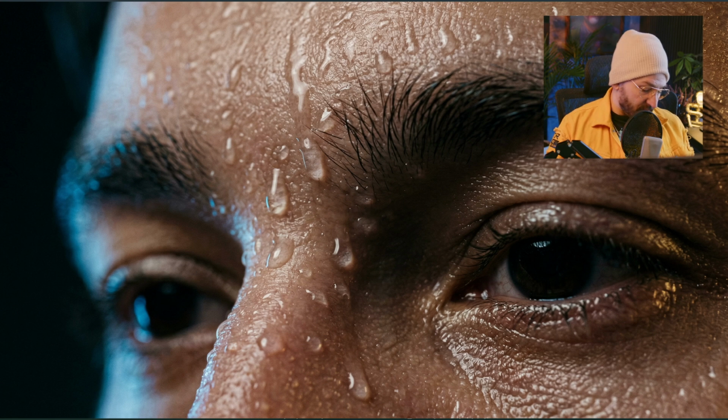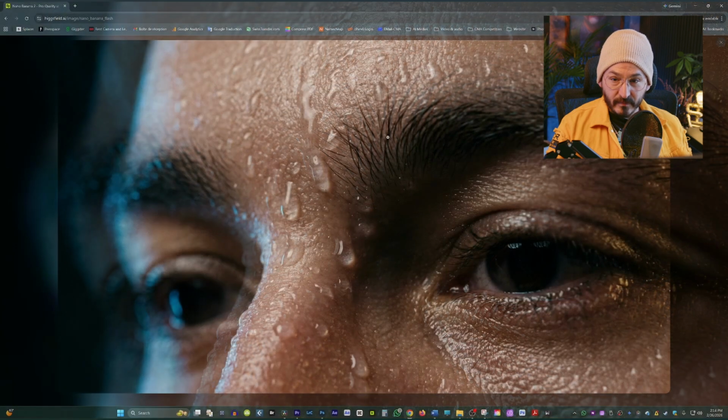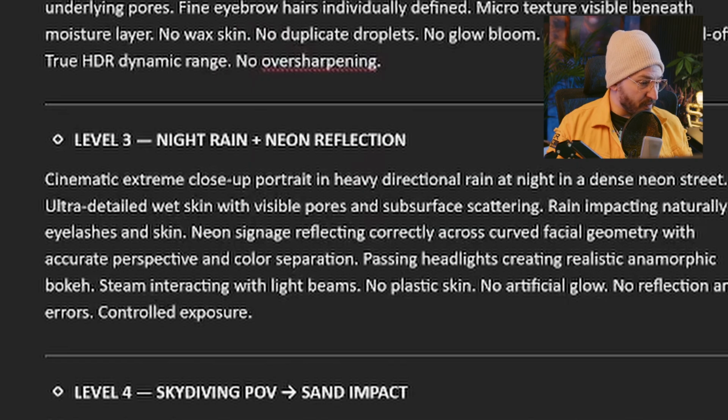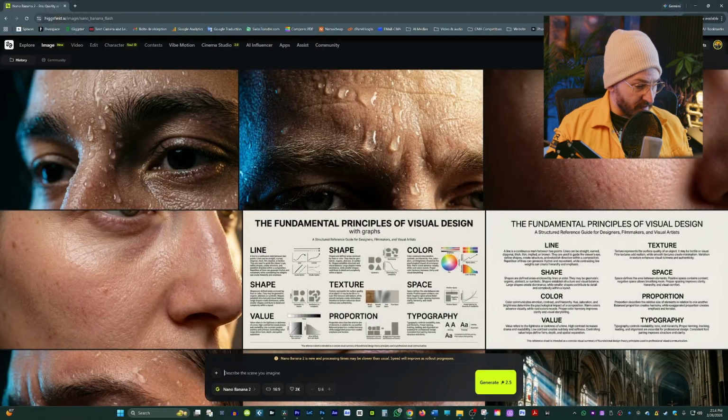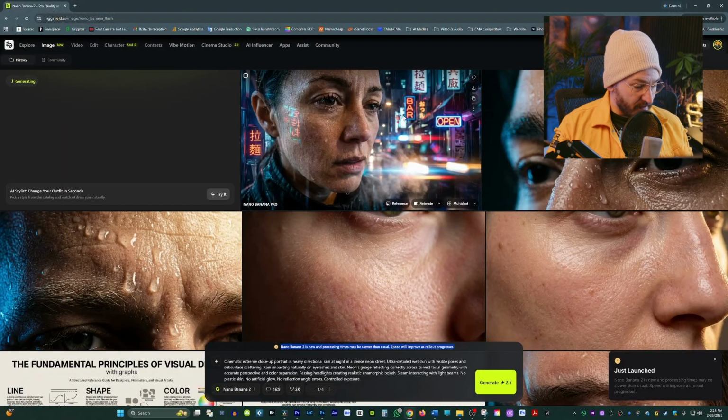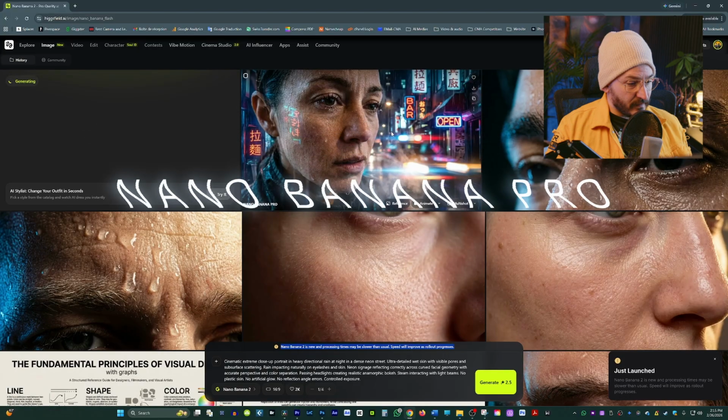So now we have the next prompt. The next prompt will be this one, level 3. It's gonna be like a cinematic extreme close-up. So let's see how it looks. We're starting with NanoBanana Pro as usual, and then we'll create the NanoBanana 2 now, so they kind of arrive at the same time. And so it is okay,